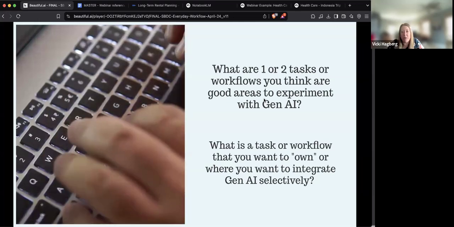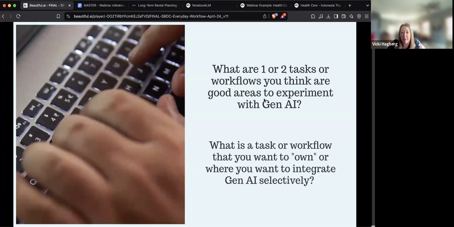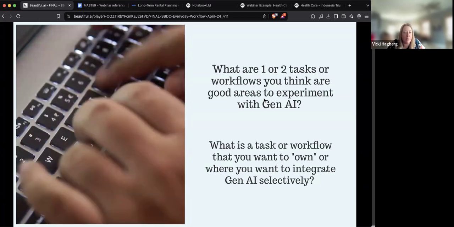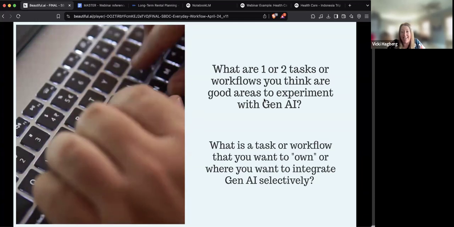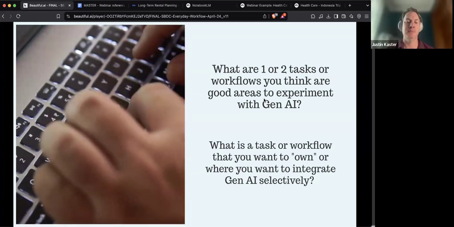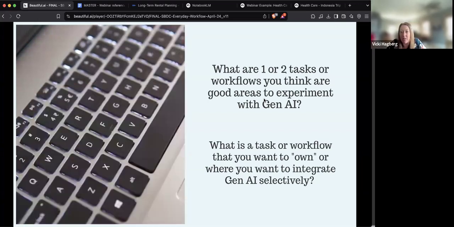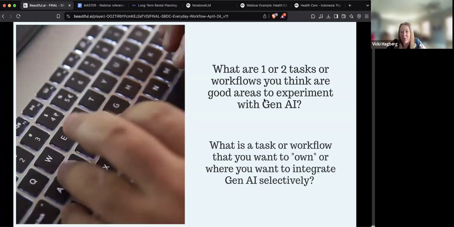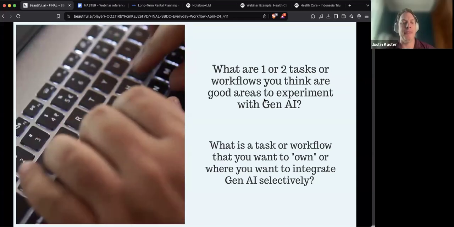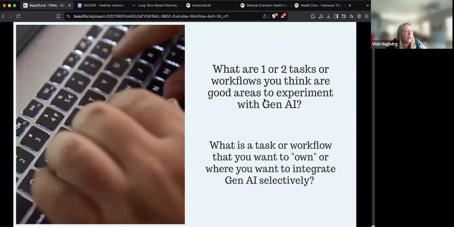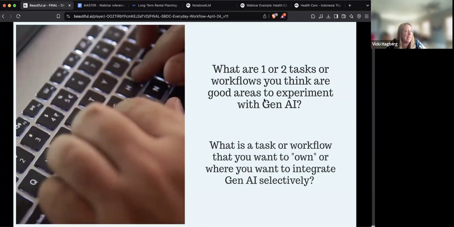We heard from one person already, social media posts, and I think there's a couple of frameworks where that becomes really relevant. One is around building your social media content calendar. But another one might be, as you're agonizing over what exact words to use for your post, it's a great way to do that. We have a couple other ones in here: meeting notes, summaries, and social media posts, email formatting, data